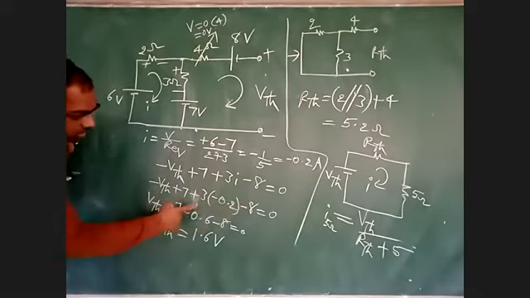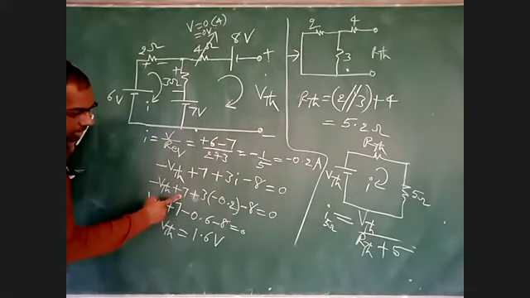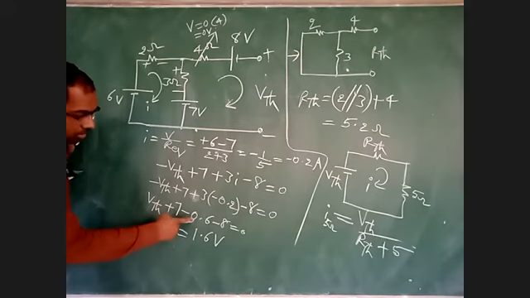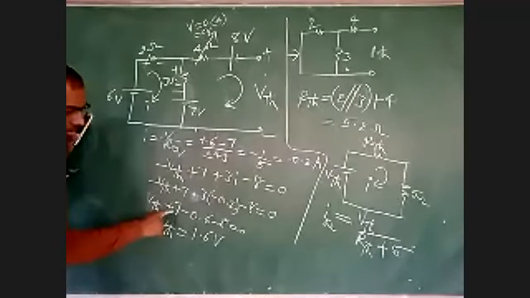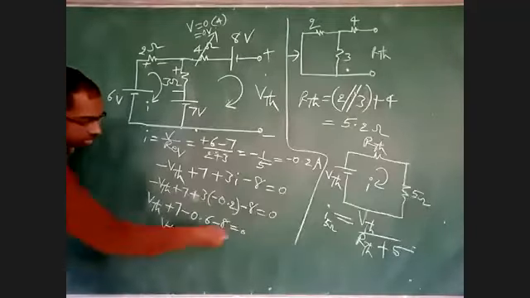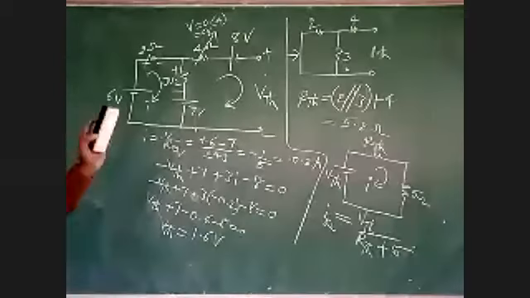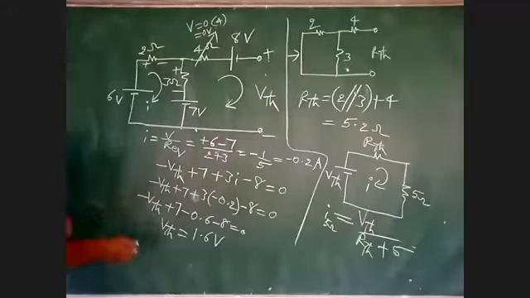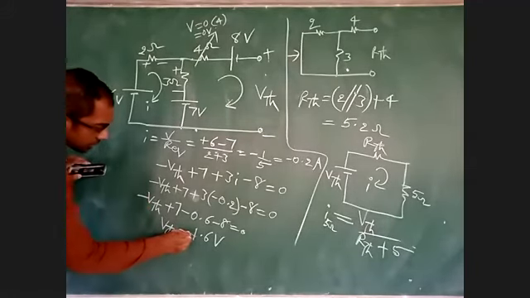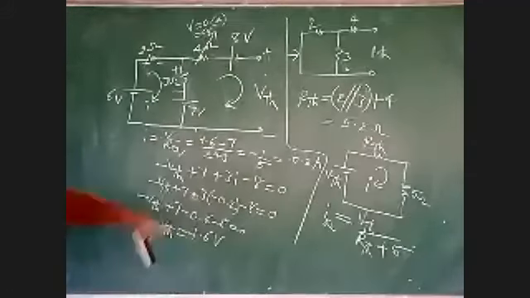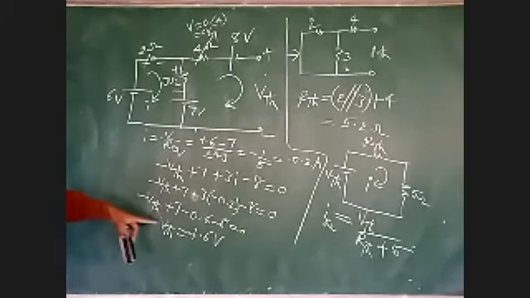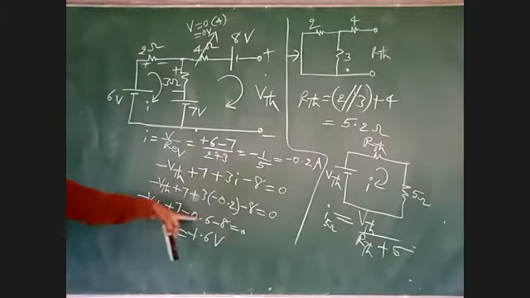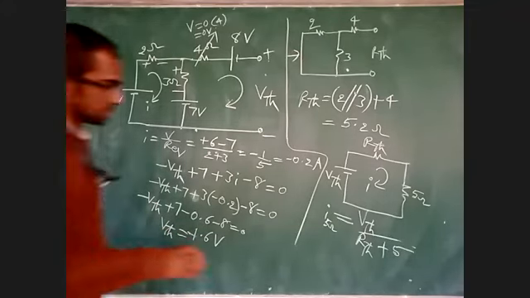Minus 8 plus 7, minus 1, minus 1.6. VTH is positive if it comes to the right hand side. No, sir, upstairs. Minus VTH, VTH is in minus. Okay, this is minus VTH, then it will be minus. Sorry, then minus VTH, minus 1.6. If you bring that side, it will become minus 1.6.